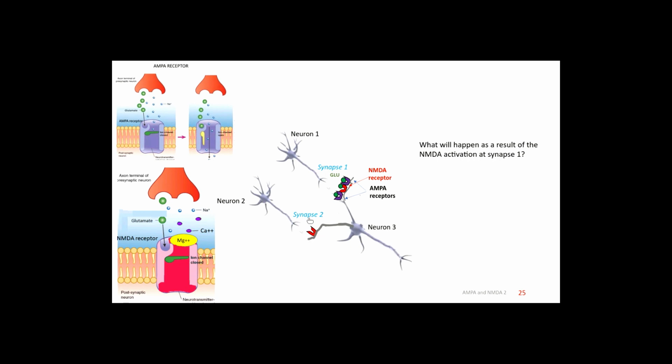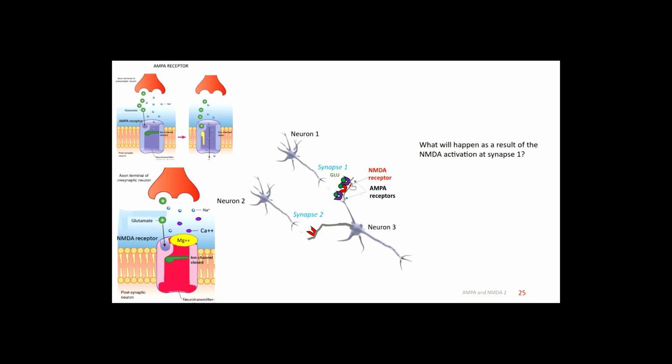In order to strengthen a weak synapse, you need more of what type of receptor? I'm going to say it for you, because I think you would say AMPA receptors. Well, you need more glutamate receptors, but specifically you need the AMPA type glutamate receptor, right? So you're going to need more AMPA receptors, and in order to do that, you're going to need to activate the NMDA receptor. And in order to do that, you're going to need that